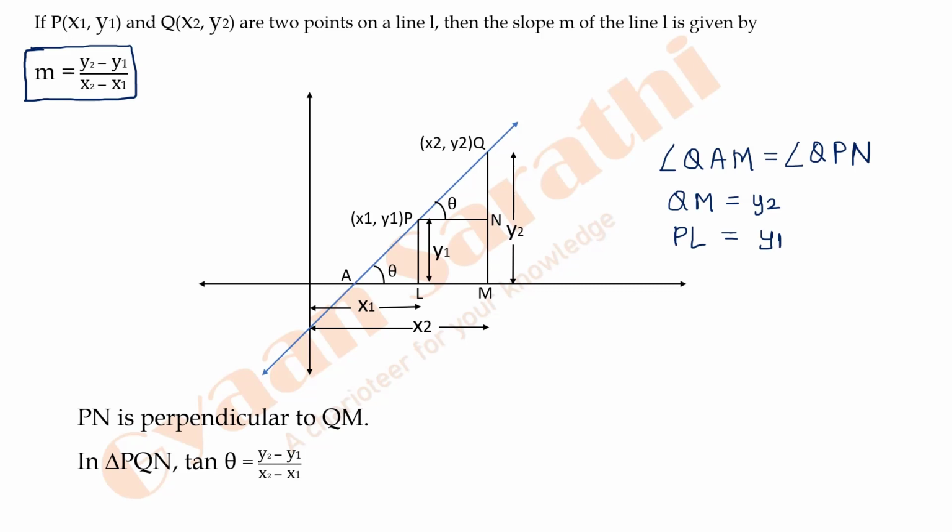Let this be the origin, let us name it O. So OM is equal to x2 and OL is equal to x1. Okay, so in the triangle QPN,